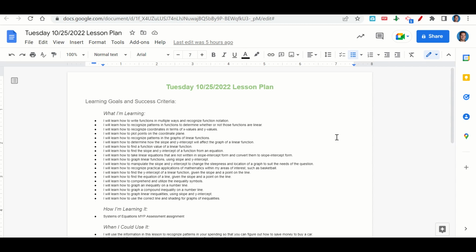of a linear function, how to find the slope and y-intercept of a function from an equation, how to take linear functions that are not written in slope-intercept form and convert them to slope-intercept form, how to graph linear functions using slope and y-intercept, how to manipulate the slope and y-intercept to change the steepness and location of a graph to suit the needs of a question, how to recognize practical applications of mathematics within your areas of interest, such as basketball, how to find the y-intercept of a linear function given the slope and a point on the line,